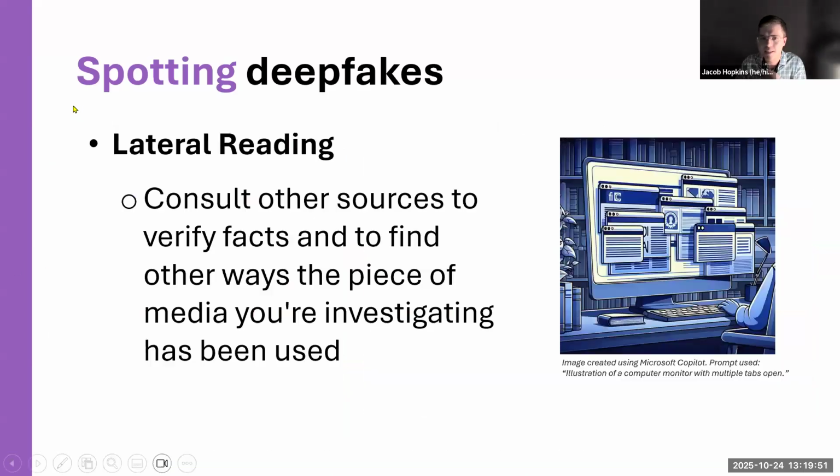Well, number one is something called lateral reading. Lateral reading means leaving whatever site you're on and going elsewhere online to find more information. This is going to help you verify or maybe debunk facts, and it's also going to help you find other ways that the piece of media you're looking at has been used or talked about before.